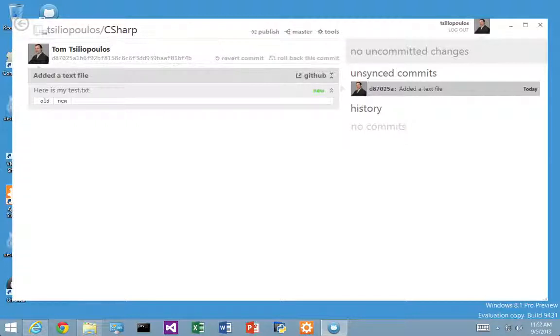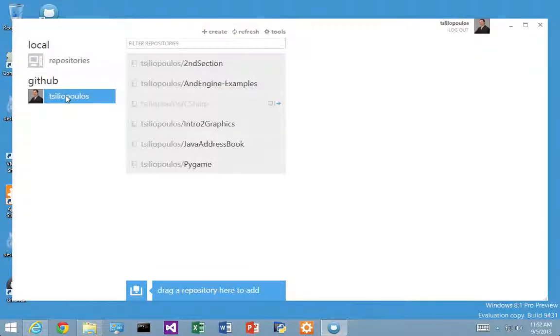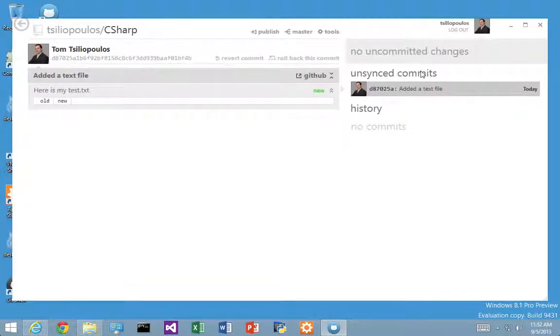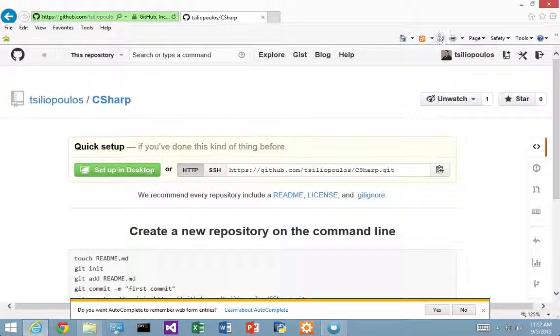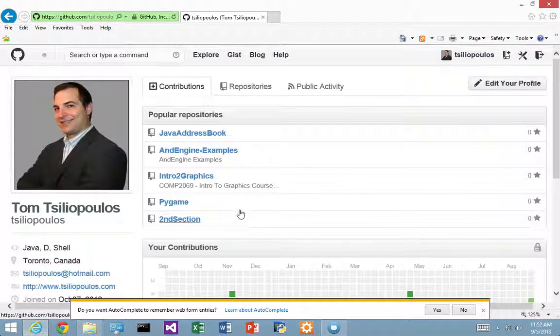I could do this. Or if I go back to my thing here, I can refresh. Let me just refresh. And when I refresh and go back to my repository, I have uncommitted, unsynced changes. So I publish my changes. It goes back up to GitHub when I click on publish. And if I go back online, here it is, and I go back out to my repositories, and if I look at it,